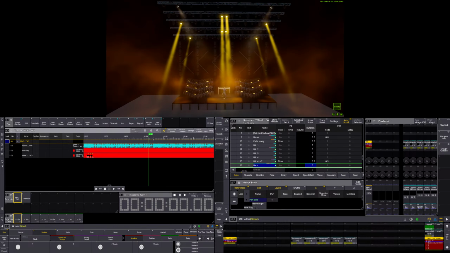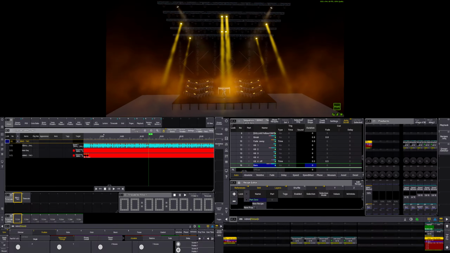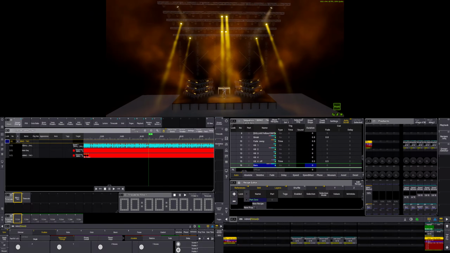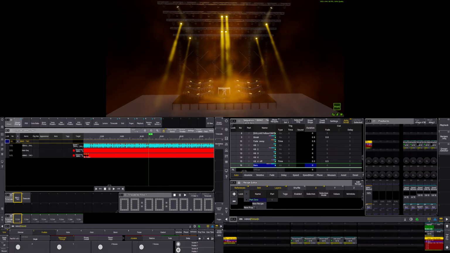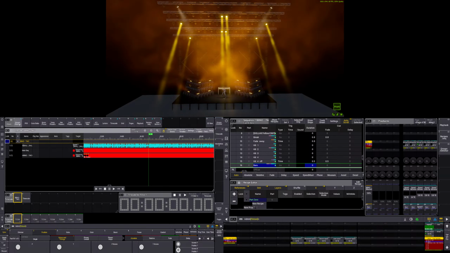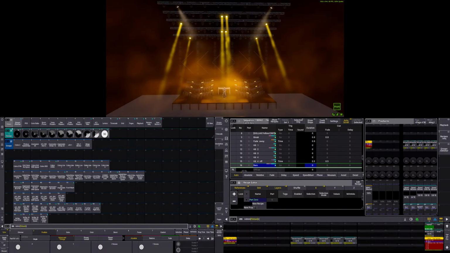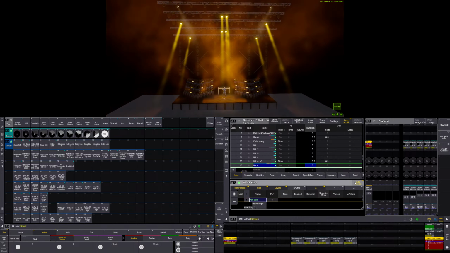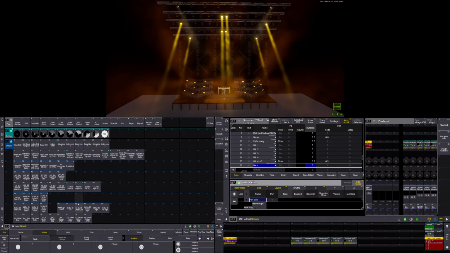So, since we have these 3, what I want to happen is I want the middle to light up first. So we'll turn on our recipe editor, and it will say the centers,